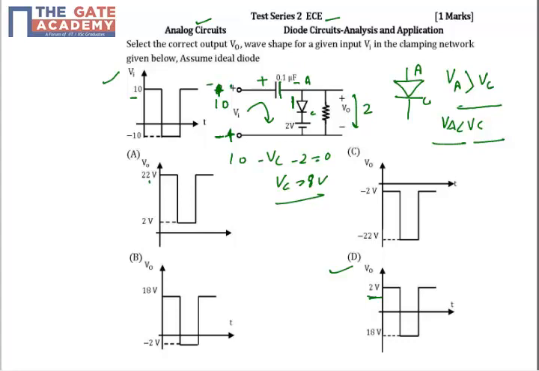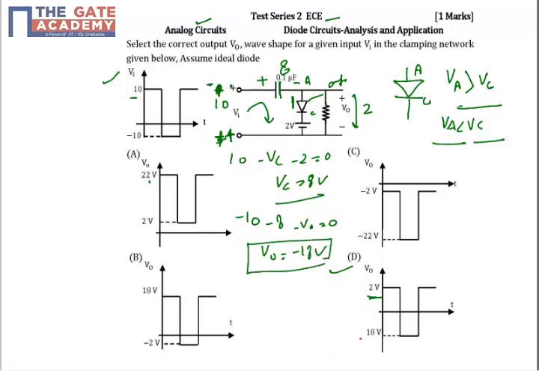Now you have changed the polarity, and we are assuming that the discharging time constant is very high. When we change the polarity, my diode is going to be off because the anode has a negative polarity, so the anode is less than the cathode. If the diode is off, what will my output be? I will have 8 volt across the capacitor and minus 10 volt across the input. Let's apply the KVL again: minus 10, minus 8, minus V naught is equal to 0. So V naught is minus 18 volt.